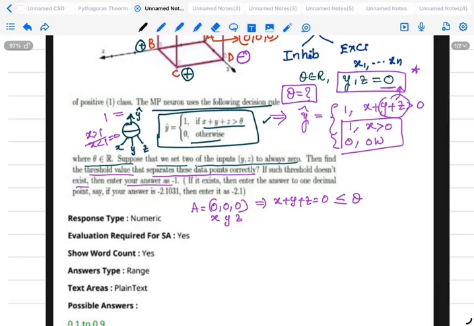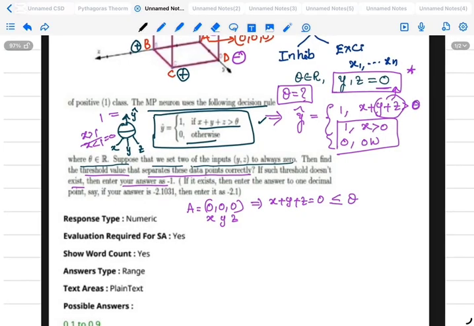So this value is theta, not 0. They mentioned theta. X greater than theta, and this value is 0, less than or equal to theta. So theta is the threshold value, it's not 0. Y hat is the predicted value mentioned in the question: 1 if x plus y plus z is greater than theta, not 0. So that implies y hat equals 0, and b equals to,